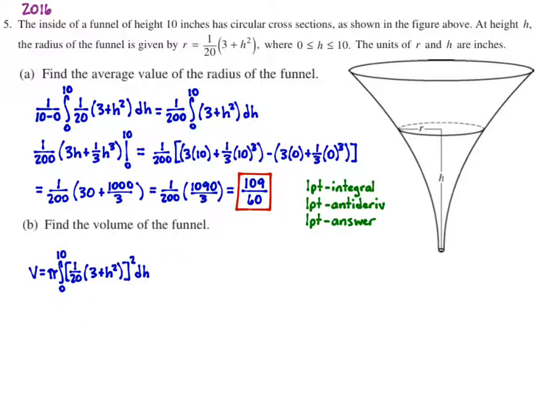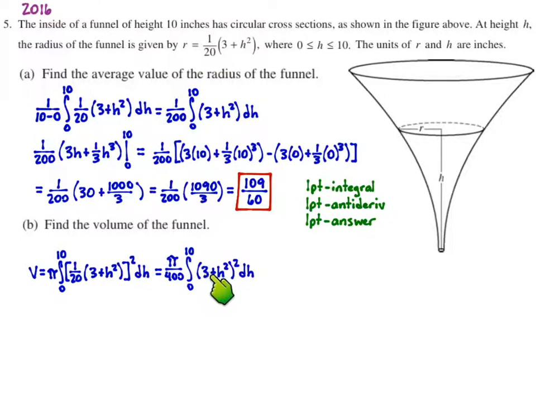volume, so again, this is going to be a long process because it's not a calculator-based problem. I'm going to go ahead and take the 1 over 20 out because it's a constant, and notice, actually I can't take the 1 over 20 out because I'm squaring it. But I can take it out if I square it. Because I'm multiplying this, I can square the 1 over 20 and then square the 3 plus h squared separately. And so when I square 1 over 20, I get 1 over 400. And so I take that out and I get pi over 400 here. And then the 3 plus h squared